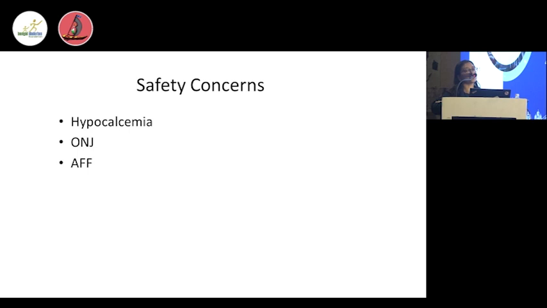And how is sclerostin produced? It is a product of the SOST gene, which inhibits osteoblastogenesis as discussed. And if there is some mutation in this gene, then it leads to an increase in osteoblasts, or an increase in bone formation, and this condition is called Van Buchem disease, where there is an increase in sclerosis.